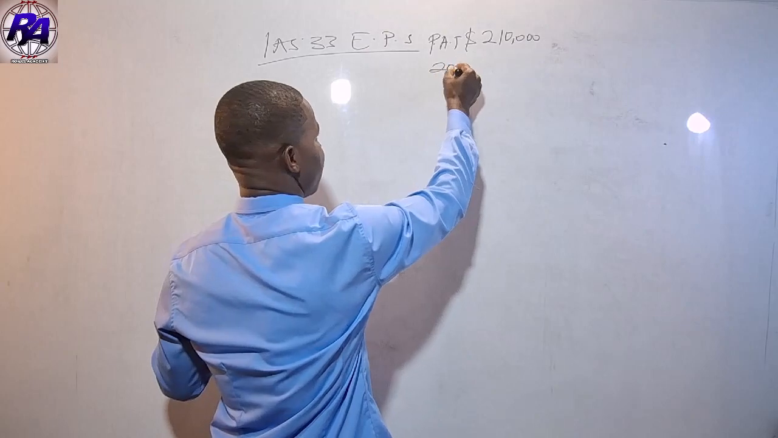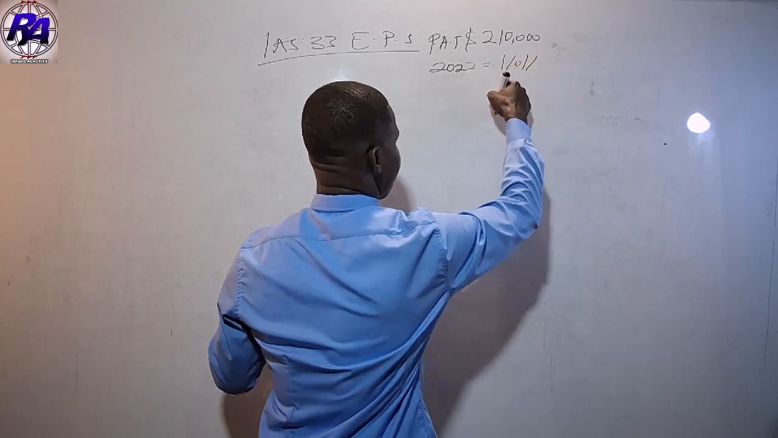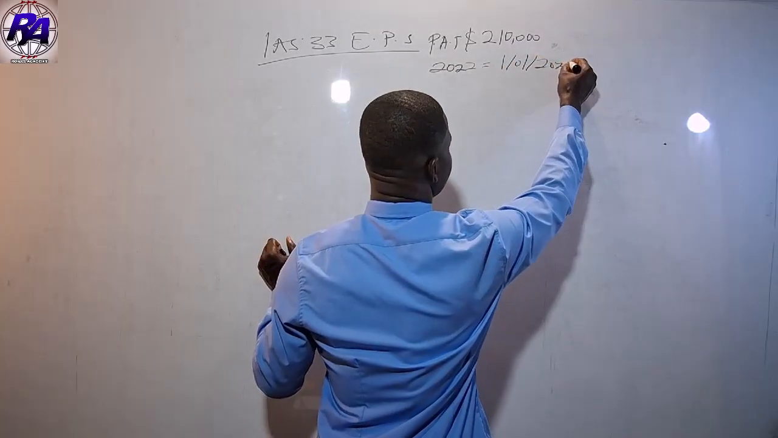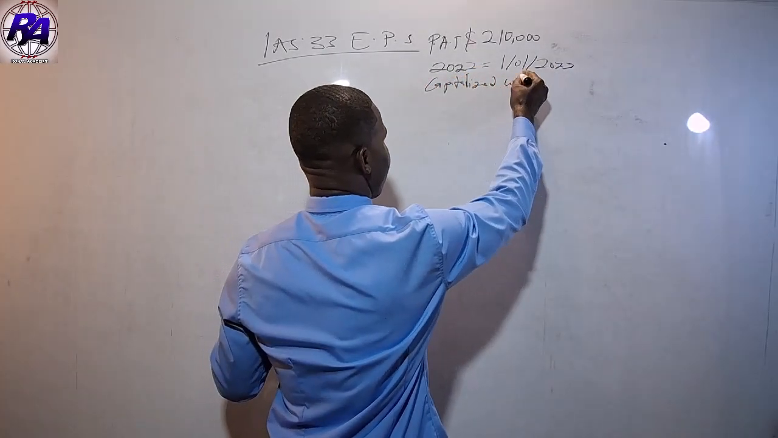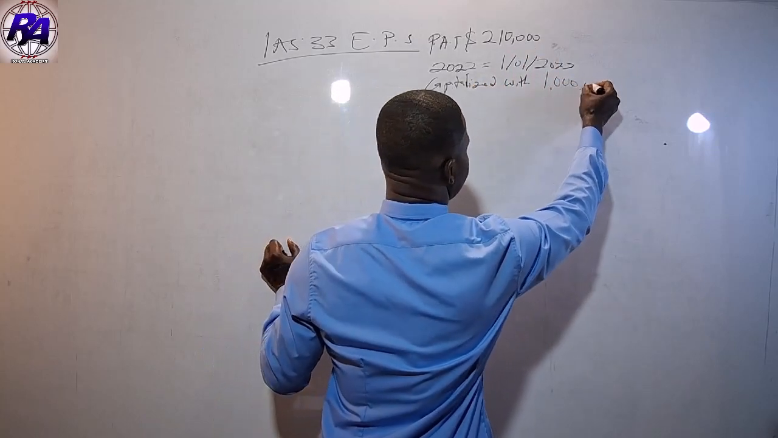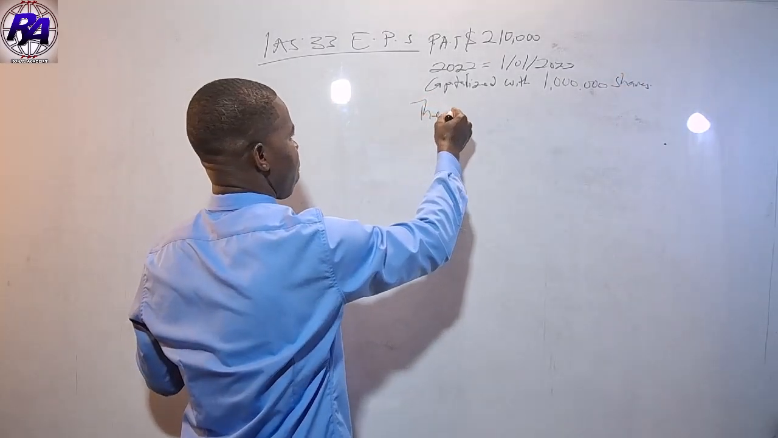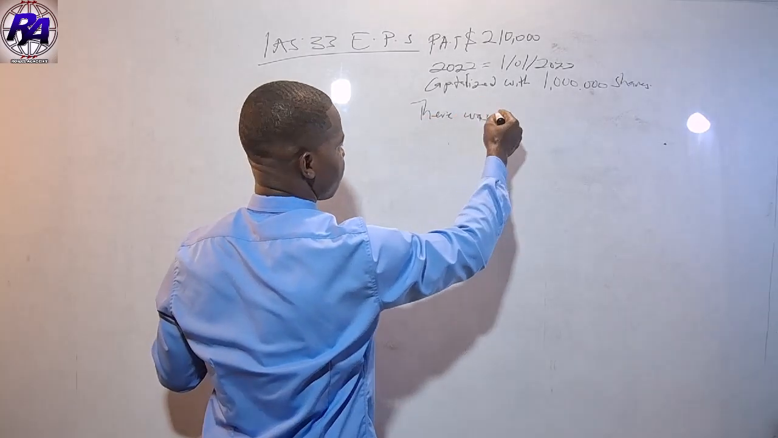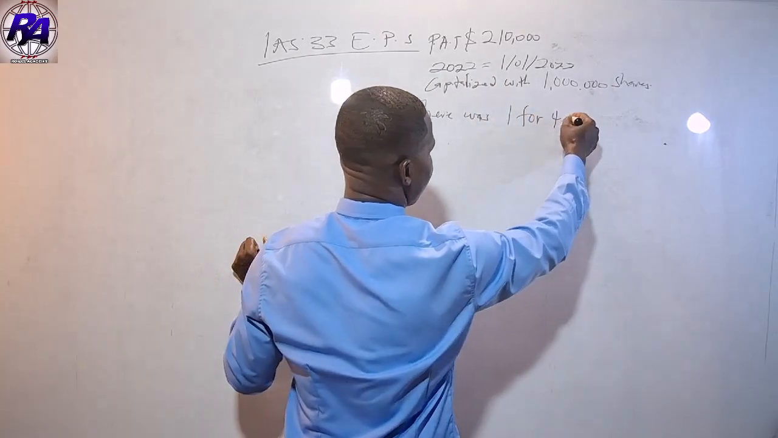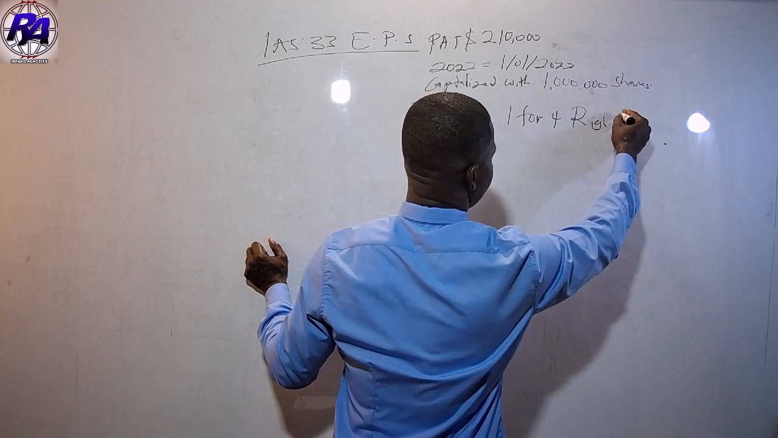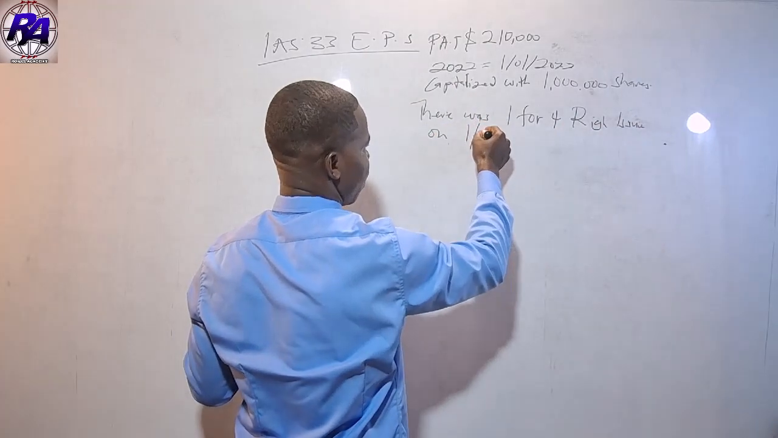Then we are looking at the year 2022. So from 1st of January 2022, we are capitalized with 1 million shares. And there was a right issue on 1st of